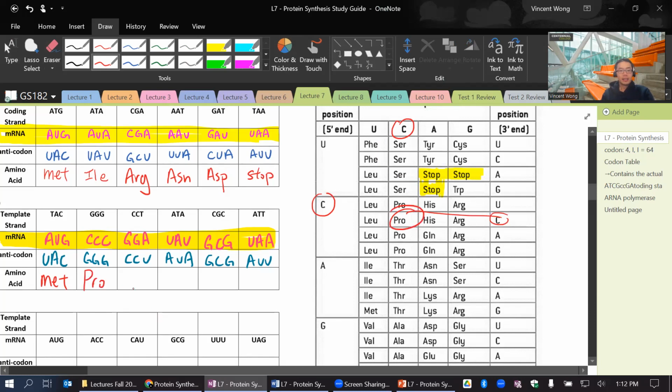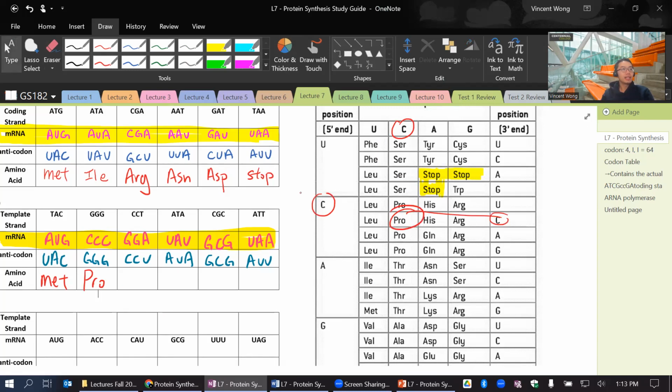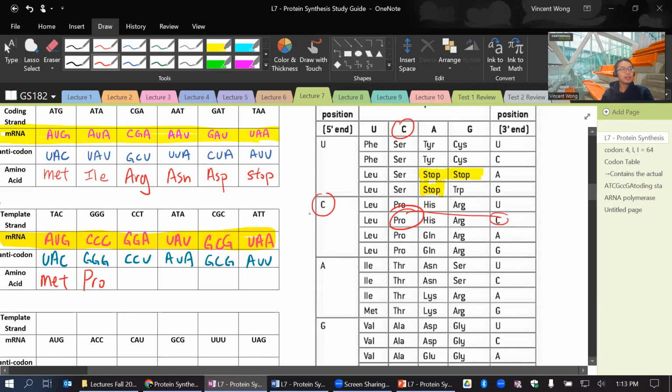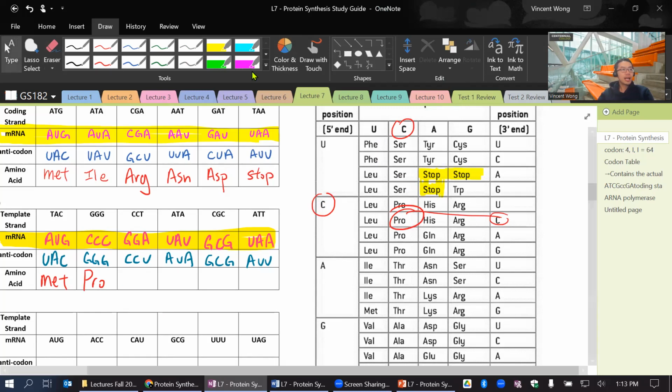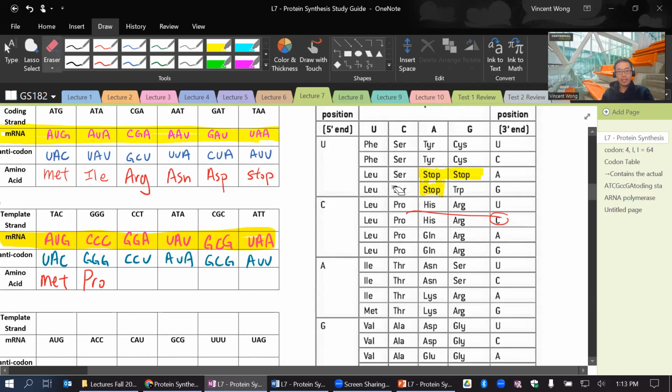Very good. Next one we're going to look at is GGA. What is GGA? GLY. GGA. Let's see. GGA right here. GGA is GLY. That's good. Okay, so you see it's pretty straightforward, right? As long as you have the chart, have the table, right? You gotta have the table on the test. Right? I'm telling you. Next one is TYR,